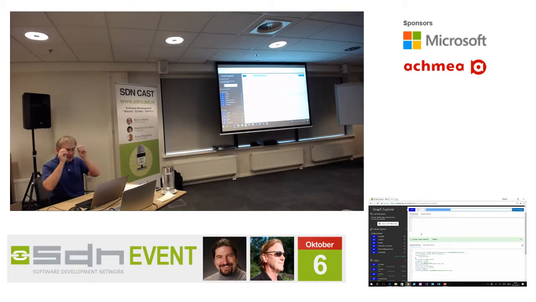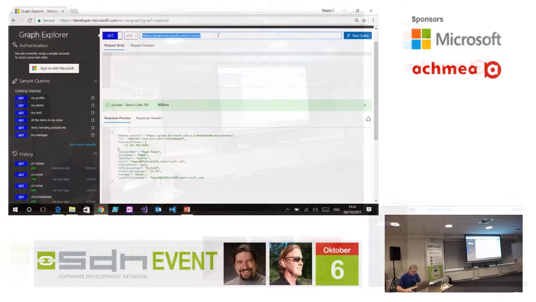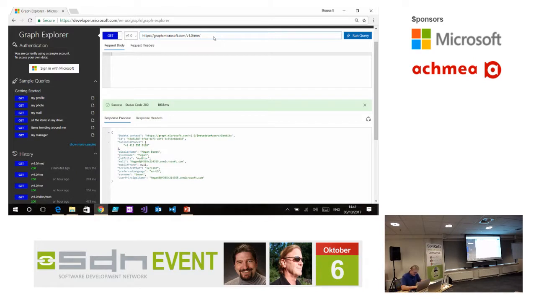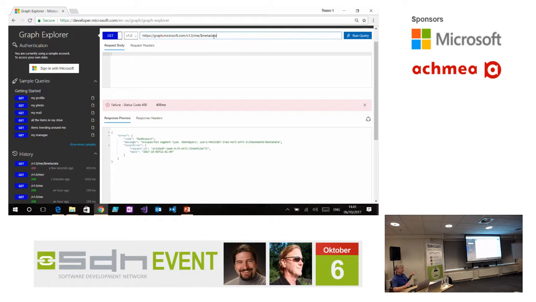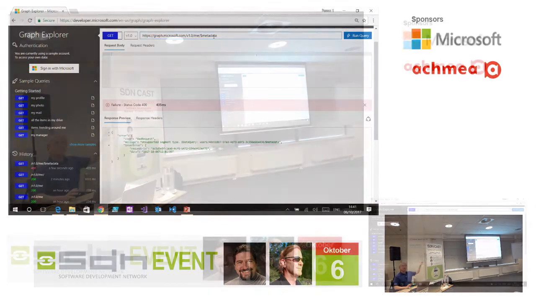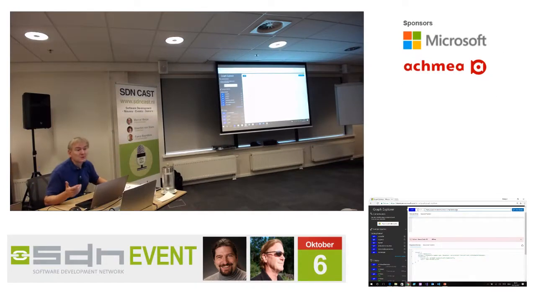I can't remember exactly what it is, but you put $metadata on the end of here, and it's something like that, and then it'll return a chunk of metadata that you can then use to analyze the endpoint and then generate a wrapper API, perhaps strongly typed as well, around that